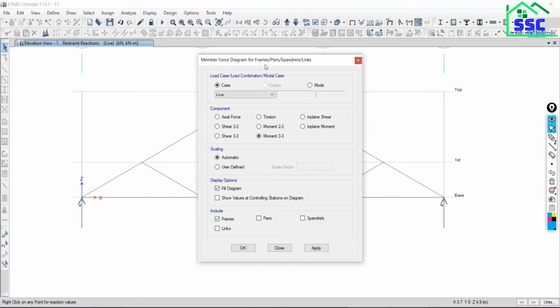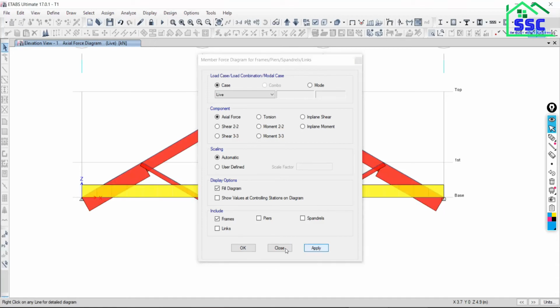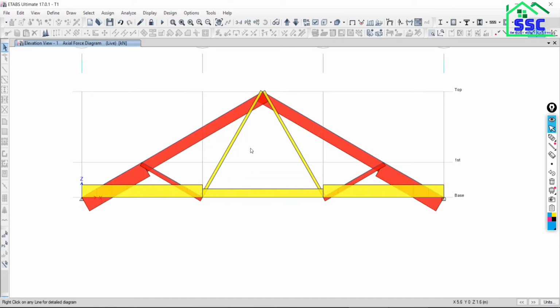A new dialog box will open up. At this time I just want to see the axial forces. Check this box, leave all these settings unselected, and don't do anything here. Just say apply. So this will give you the axial forces in the members of your truss.